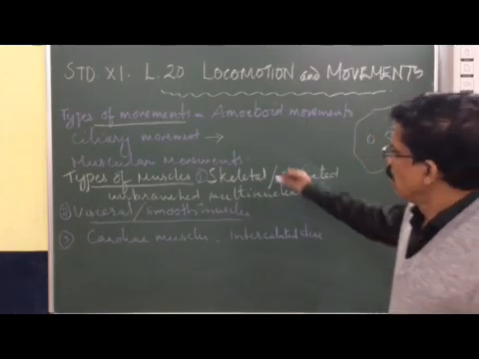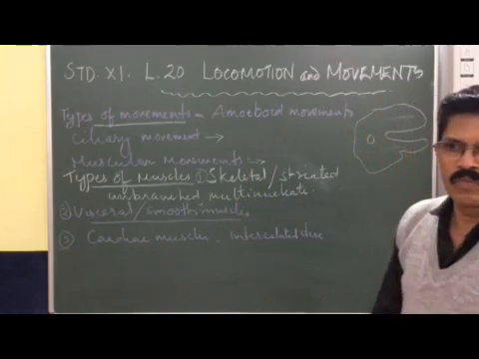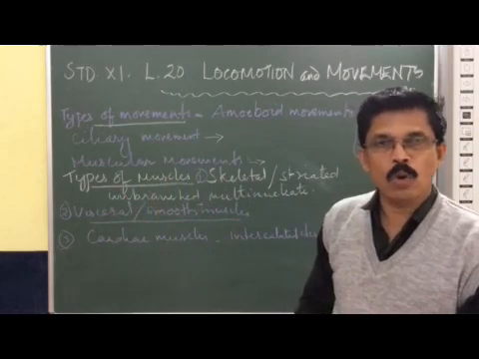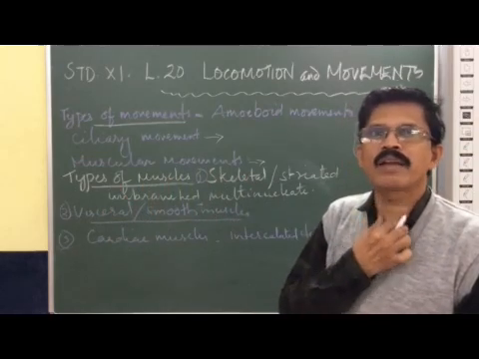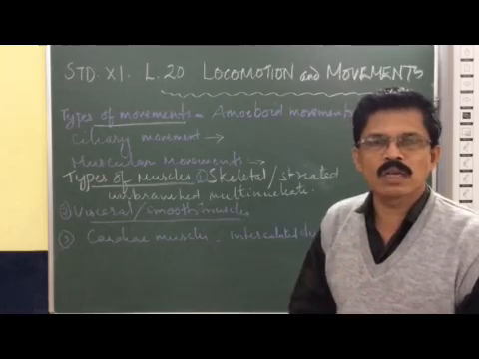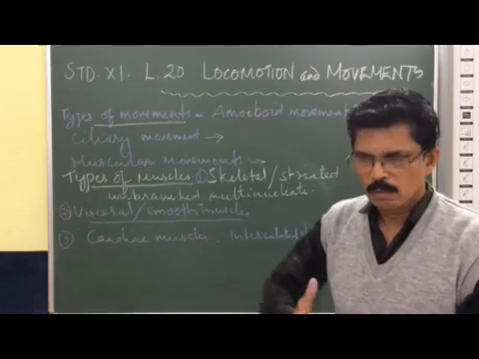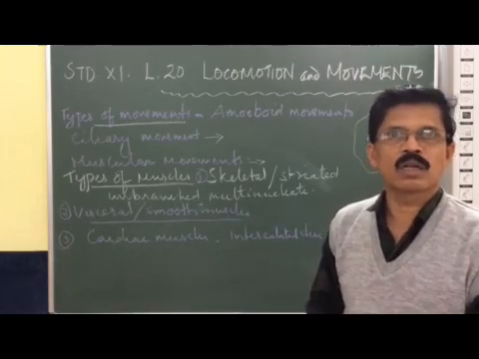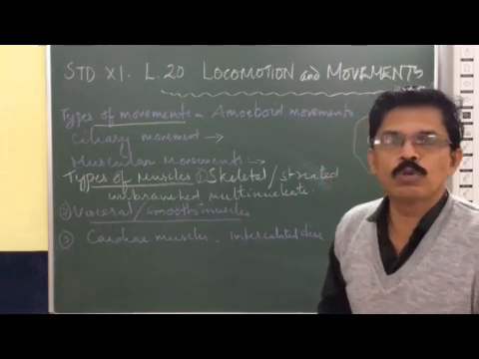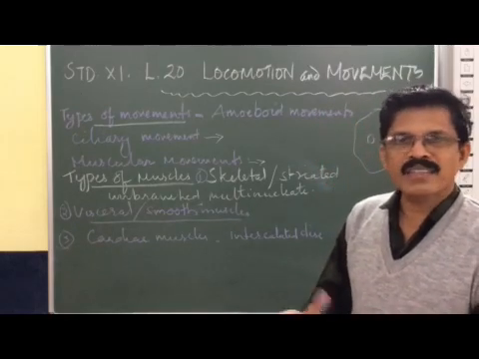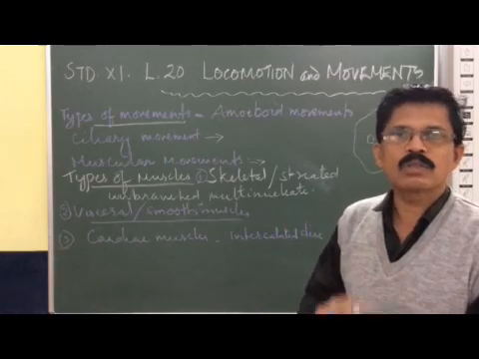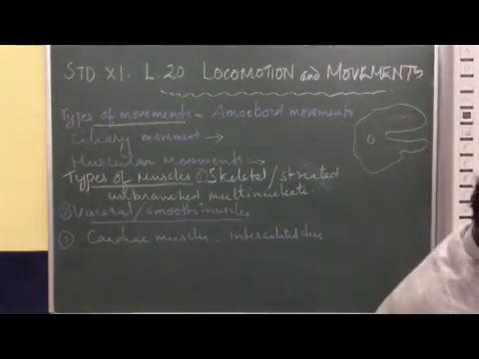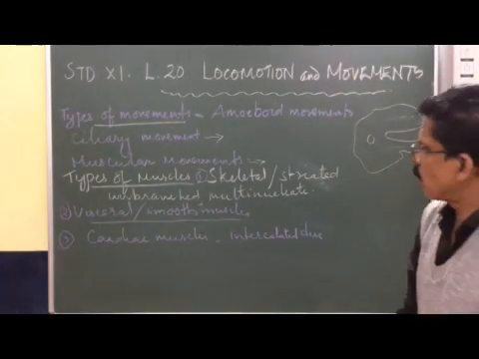Now muscular movements. Our muscle cells move various internal organs. The body moves from place to place. Internally, various organs move. When the food is swallowed, the alimentary canal moves. When the blood flows, the blood vessels move. They show a rhythmic movement. The heart shows rhythmic movements. All these movements are due to muscles. Muscles can contract and relax, thereby they show certain types of movements. Such movements are called muscular movements. Clear? Yes.